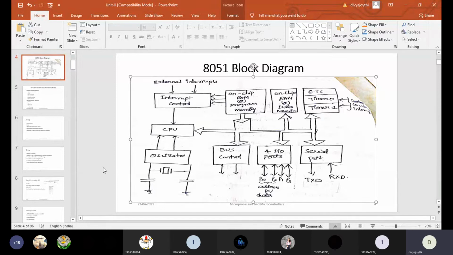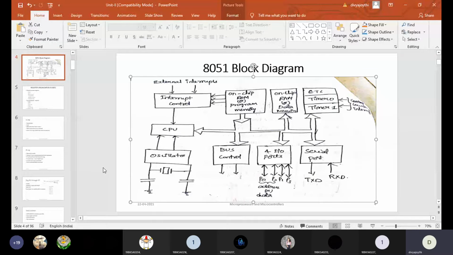If the clock is not there, what will happen is that, say for example, you want to execute 10 instructions. That means you are writing a program which consists of 10 instructions, and assume that there is no clock signal given to the processor or the controller, and there is a chance that the controller can take hours and hours for the execution of a single instruction.